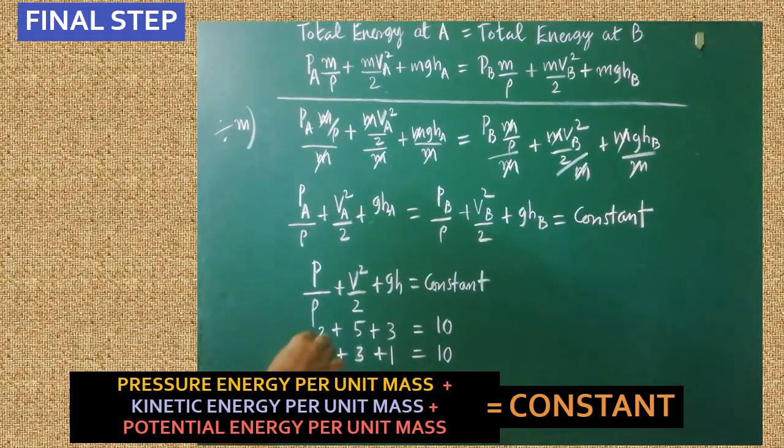So that is the conclusion of which one? This Bernoulli's equation and theorem. This equation is called Bernoulli's equation. Understood? Finally, I will say the statement of Bernoulli's theorem by using this equation. What is said in the theorem? The sum of the pressure energy per unit mass, kinetic energy per unit mass, and potential energy per unit mass of the liquid when it is flowing through the pipe in a streamlined motion, that one will be a constant. That is the statement, this is the equation. Okay, thank you.